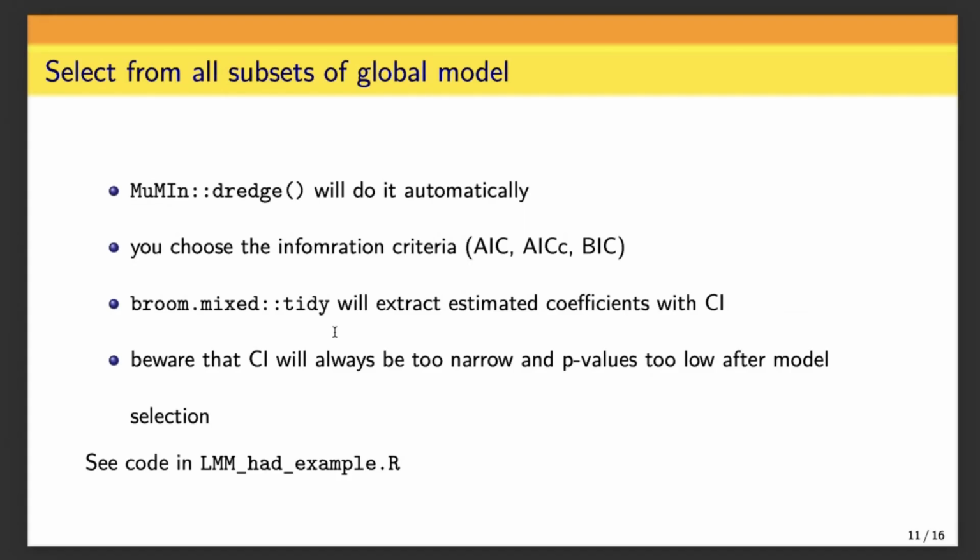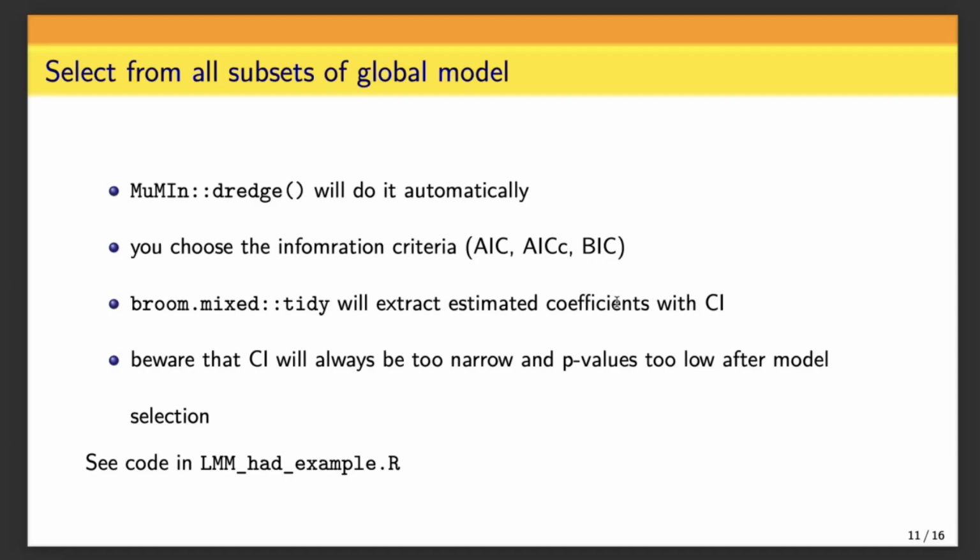Yeah, to select from all subsets of a global model, you can use the dredge function from the MuMIn package. It will do it automatically quite easily, and you choose the information criteria that you want that function to use. I'll show you this in the code. And then we can use this broom.mixed tidy function that will extract the estimated coefficients with their confidence intervals. That's useful for just looking at the effects, the magnitude of the effects, and whether or not they're overlapping